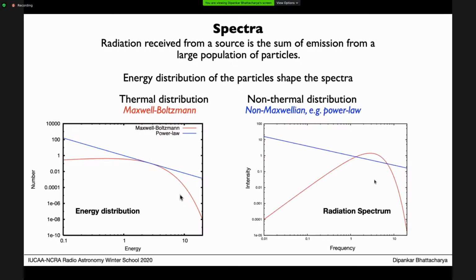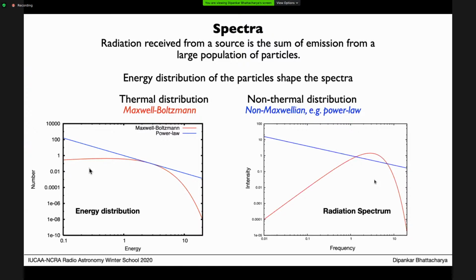So any distribution that is not exactly a Maxwell-Boltzmann distribution cannot be described by a given temperature. Of course, Maxwell-Boltzmann distribution will be different at different temperatures. So a distribution could be describable by a Maxwell-Boltzmann distribution at some temperature. If it is, then it remains a thermal distribution. But if it cannot be described by a Maxwell-Boltzmann distribution of any temperature, so whichever temperature you take, there will be deviations, in that case, such a distribution is called a non-thermal distribution.